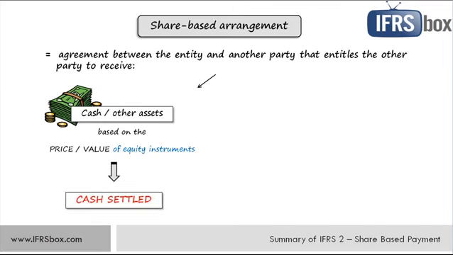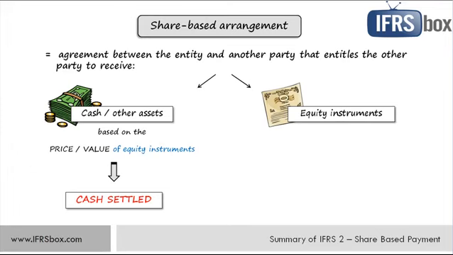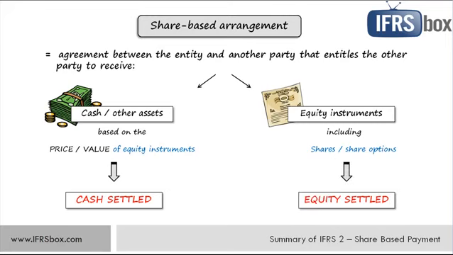The other party or the supplier can also be paid by equity instruments of the entity, including shares or share options. This is a common way to remunerate some employees of big companies. They receive share options in return for their work for the company. And these transactions are called equity settled. It is very important to determine whether we are dealing with a cash settled or equity settled transaction because the accounting